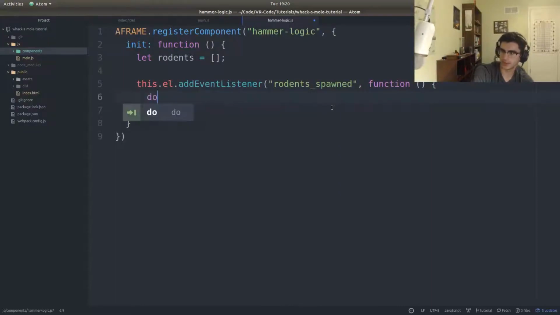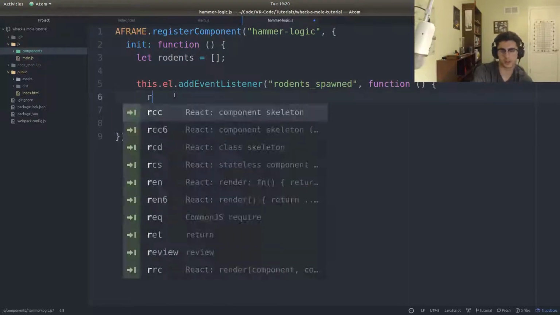And if it does, it's gonna do, okay, if it does get the rodents, or when the rodents do spawn,